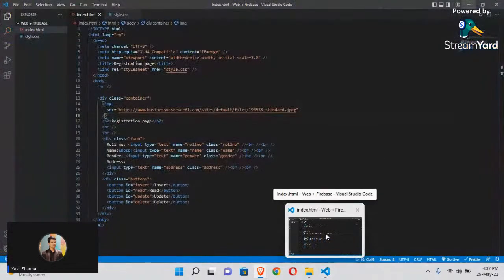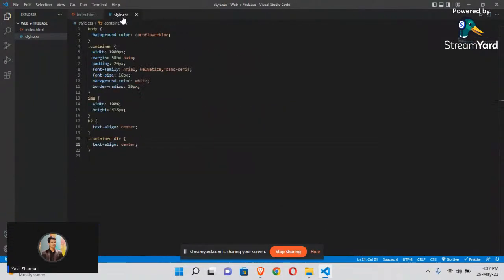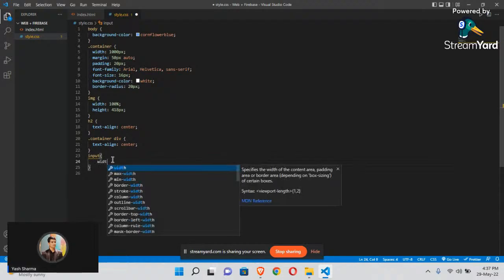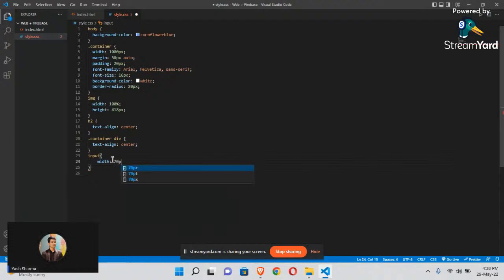So let's style it using some more properties of CSS. Till now we had styled using H2, image, body and container. Let us style our input tags as well. So type the keyword input, open the curly braces. Let us give our button a width of 70 pixels, padding of 10 pixels, margin of 10 pixels, font size of 16 pixels,